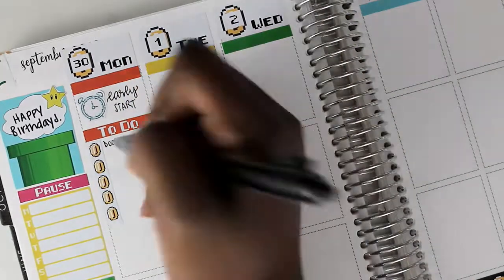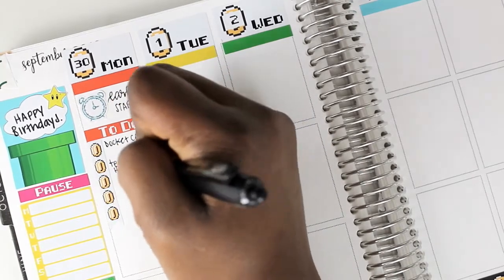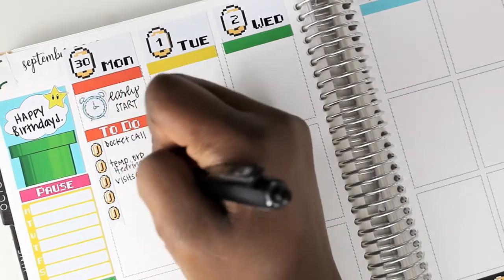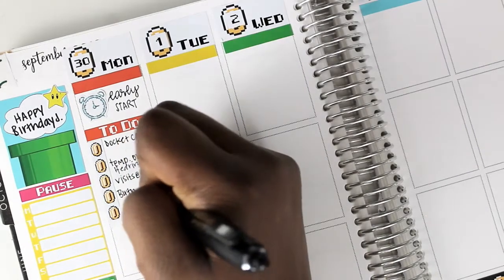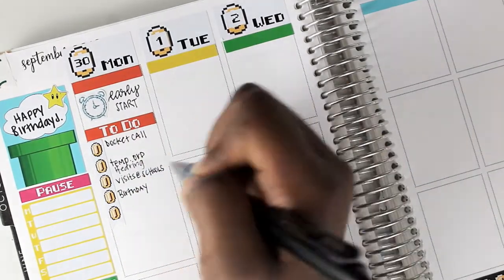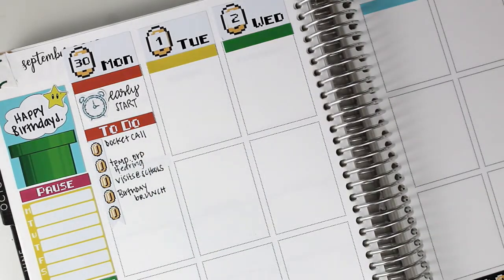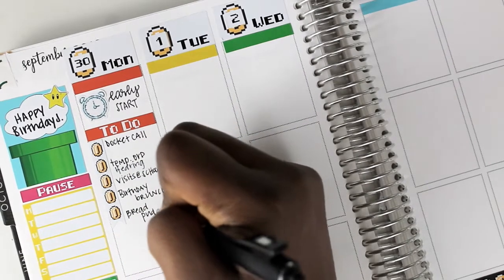So moving to Monday, I had an early start, and I put down that alarm clock sticker. It's from Sticker Studio 8, just to note that I had that early start. I didn't then put down a to-do header, and I see that I am still zoomed out. Like I said, it's Monday, and I had docket call, and I